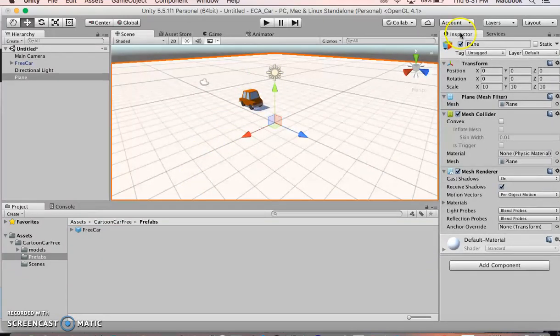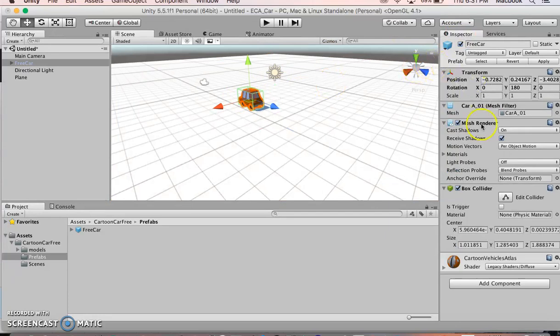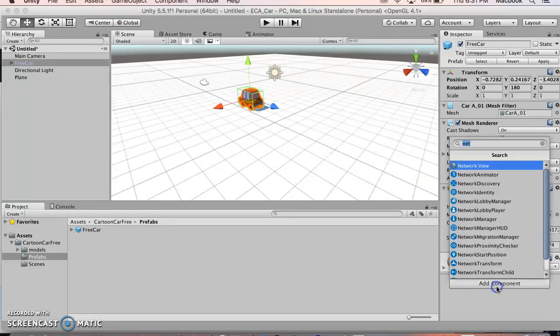And that's basically, you click on the car, and this is everything to do with the car. Box collider means basically there's a box around it so you can have it collide with other things. Now I'm going to go through this really quickly. Just do add component, right,